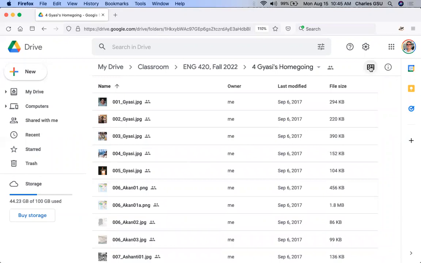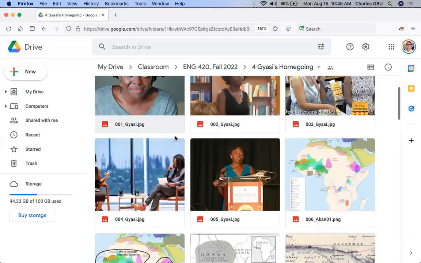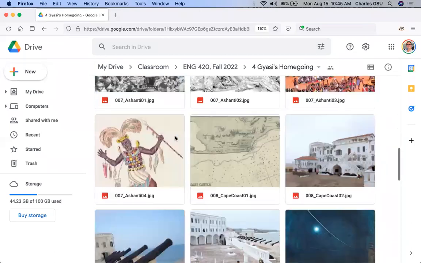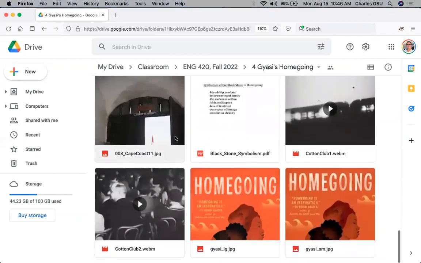This is right here. If you're unfamiliar with Google Drive, there's this little toggle switch here. Right now, it's currently in a list view, like you'd see in a computer folder. But if you toggle this to grid view, it allows you to see all of the files and resources that I have with regard to this particular novel,